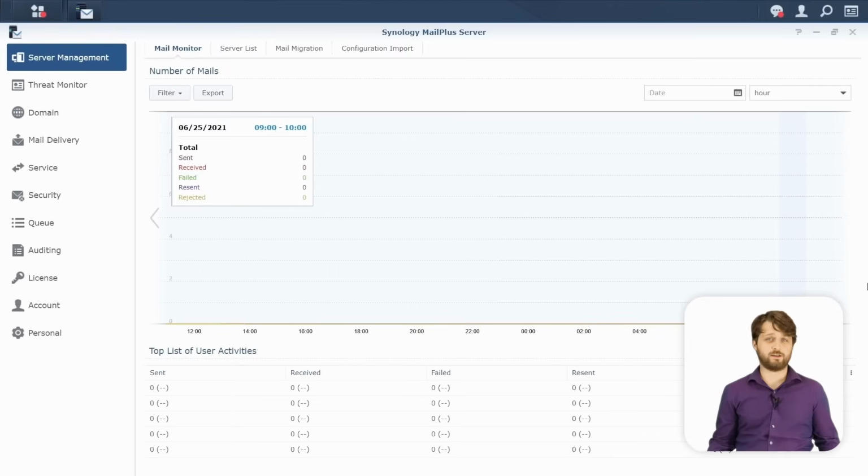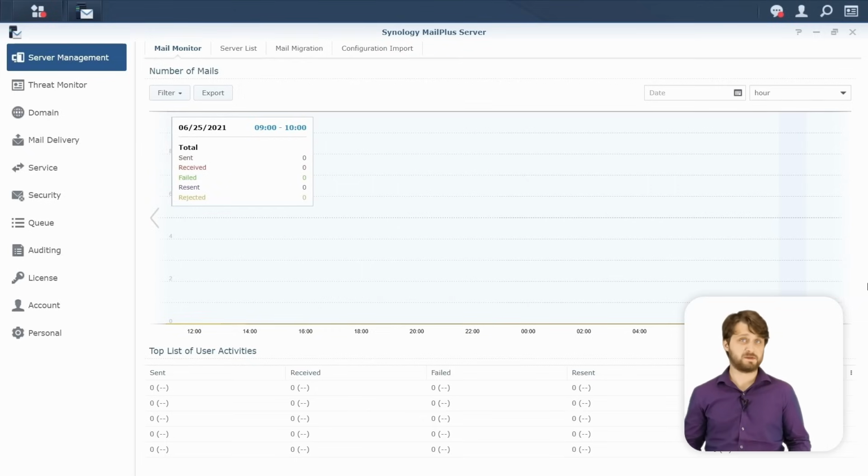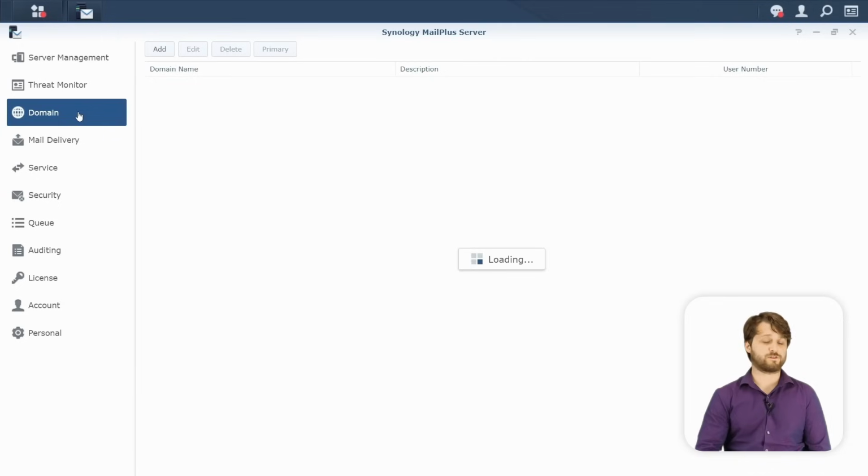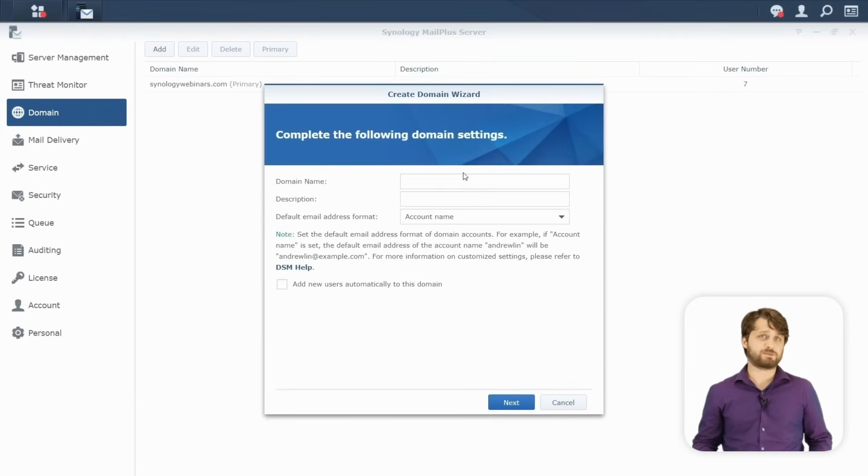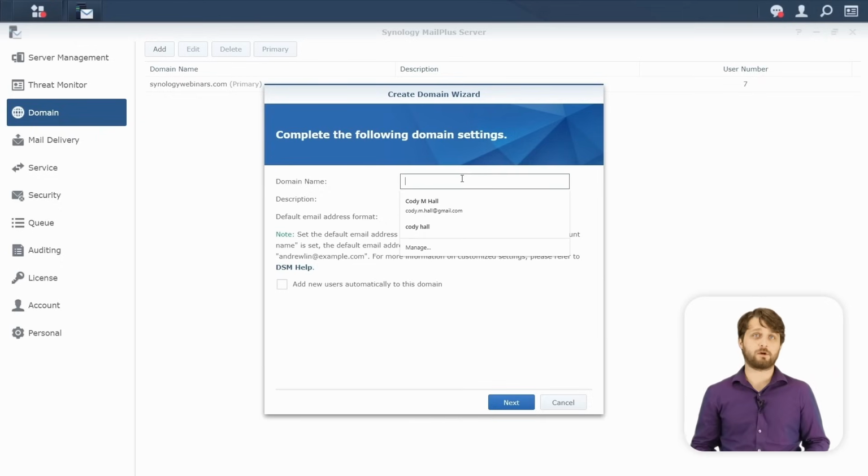So now that we've added in users, we're going to want to go ahead and add in some multiple domains for our subsidiaries. So we're going to go ahead and name our first domain here, actually Branch A, and that's pretty much all you need to do to configure that new domain. You can add a description there if you'd like, but on the next screen is going to be where you apply the users to that specific subdomain.